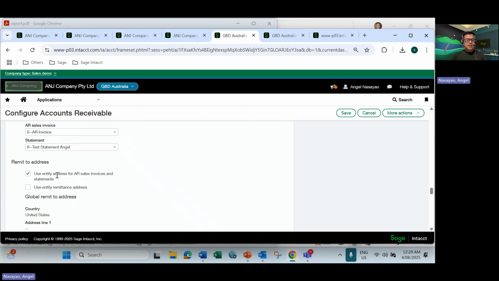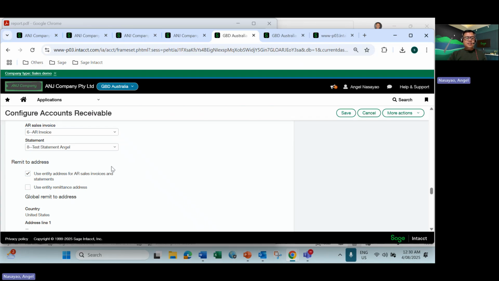You have the use entity address for AR sales invoices and statements, wherein you can probably have a lot of entities in there, and you just would like to make sure that every printed invoice or printed statement would actually bear the entity name and entity address on those documents, just to make sure that you have the correct information, not on the top level, but on the entity level itself. You just have to make sure that you slide to every entity and go to configure accounts receivable, and under remit address,